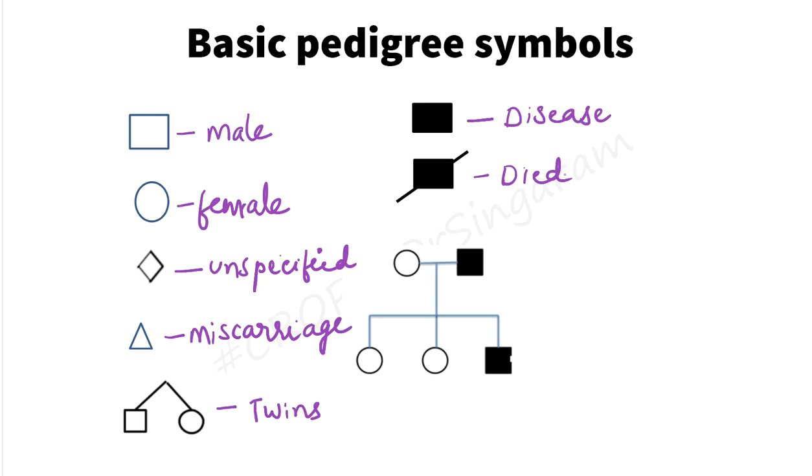That is how the pedigree chart looks. You can see that these are the parents and these are the children born to the marriage. This is what we call a marriage line. And when you put two lines between the male and the female, instead of a single line, it indicates consanguinity.